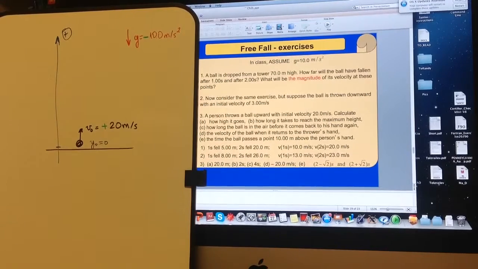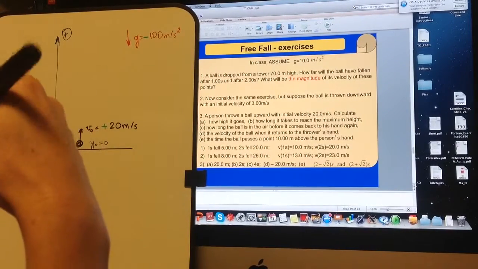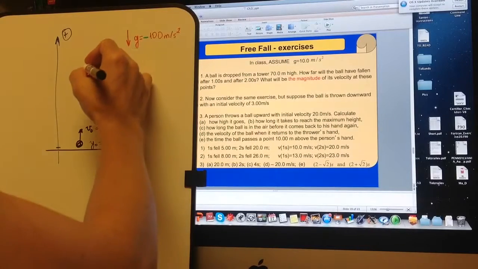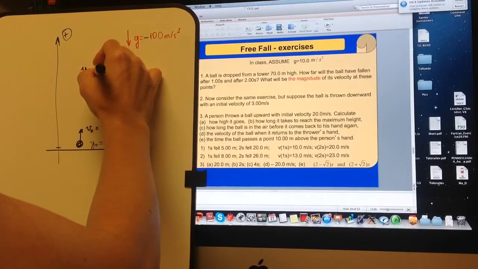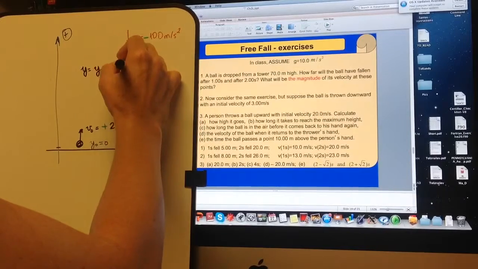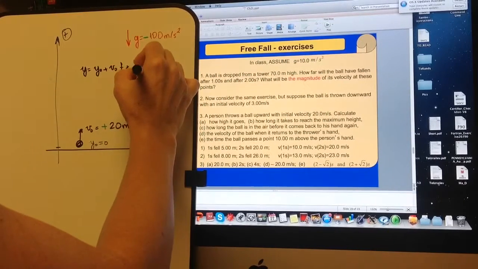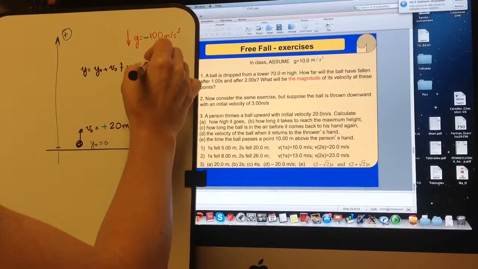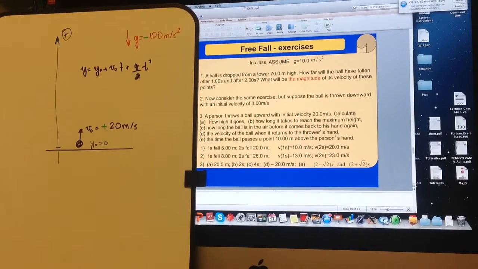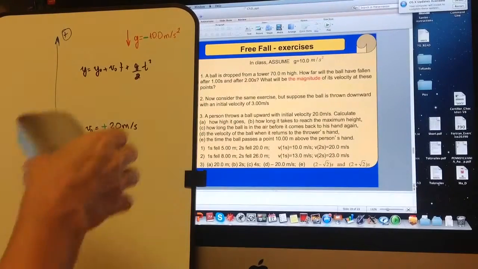So the first thing is always to choose a reference frame. Okay, how high does it go? I could think of three equations. Let's see what would be useful for us. That equation for position, would it be good for us? Let's have a look at it. The problem with this equation is that it requires time, and we do not have time. We would need to go to another equation, get the time, and then substitute there. So this equation by itself is not enough.